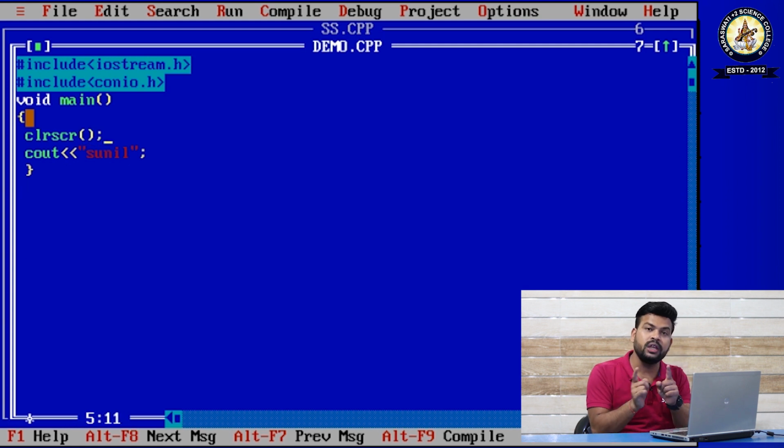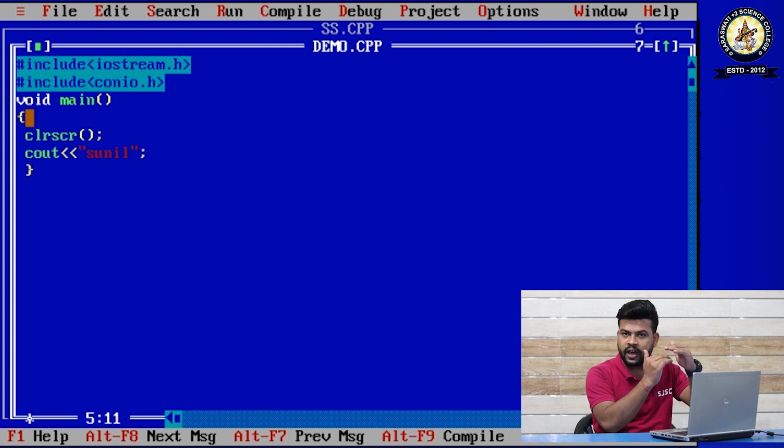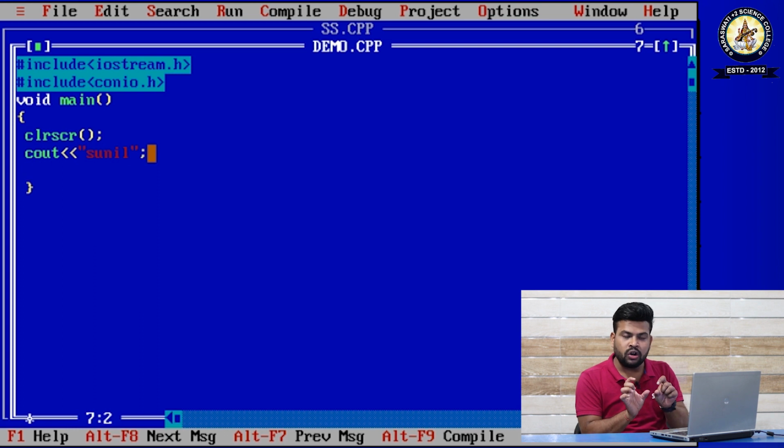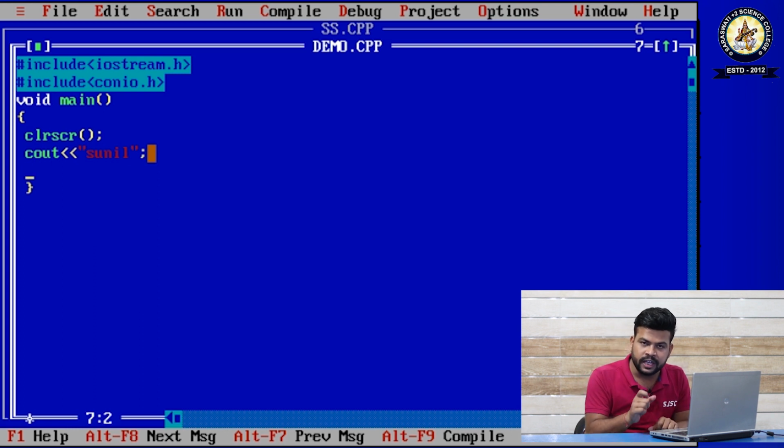Where will you use the clrscr function? After the declaration of variables, you have to use the clrscr function. After that, you are using the Alt F5 key to display the result.